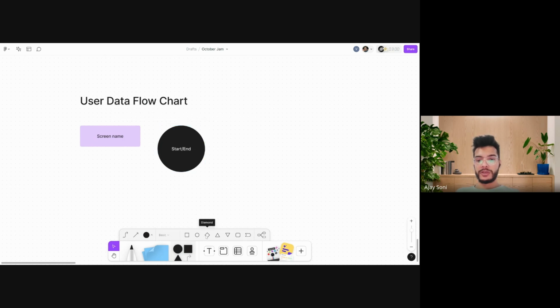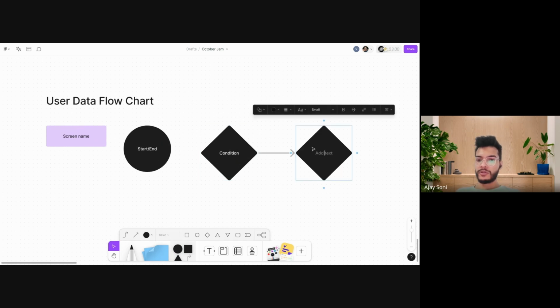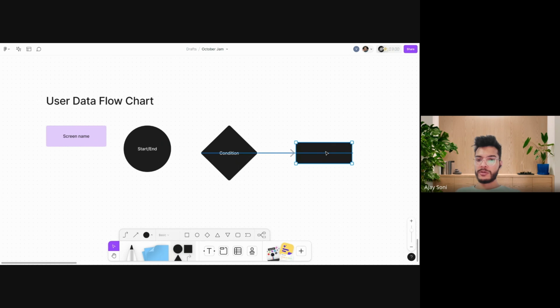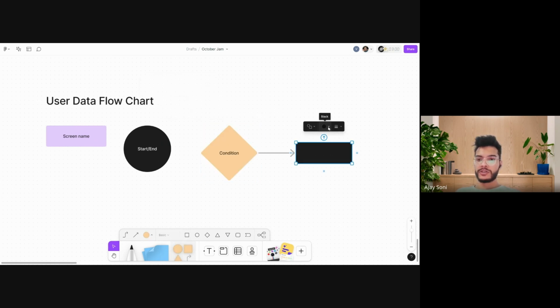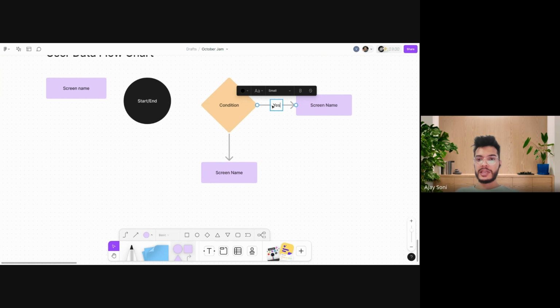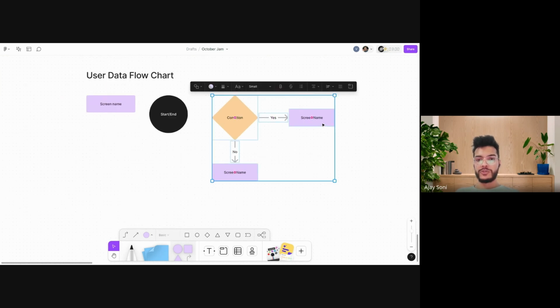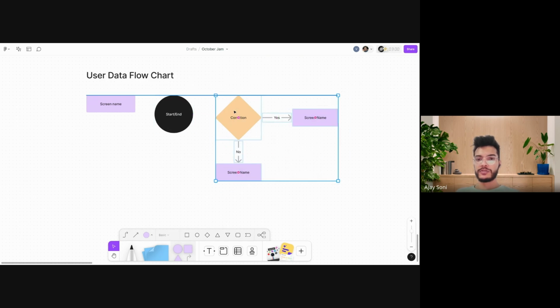Next thing, maybe this one, right? So this is the condition. I'm just making a small option here so that it should be understandable to you, right? For this, let's say I go with this color, and the rectangle is the screen name. Let's duplicate it. This we can put here, this we can put here. Good. So condition, then yes and no, right? Just assume this is one component, this is one UI guideline, right?